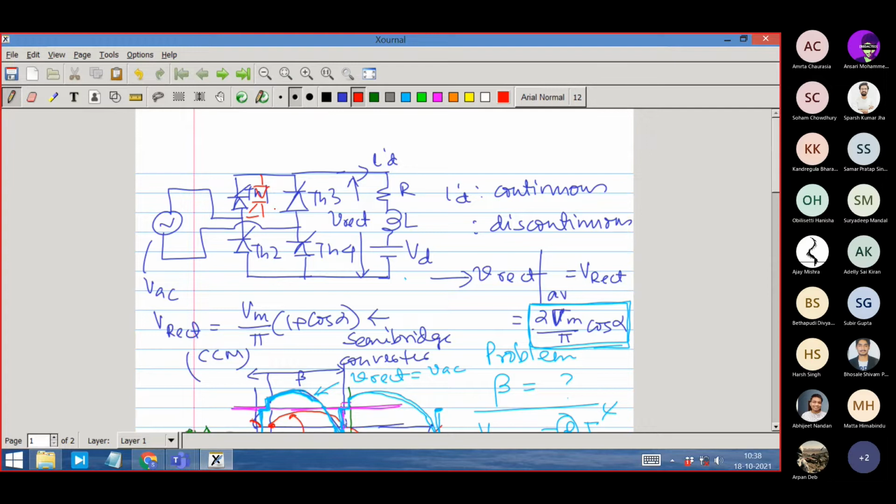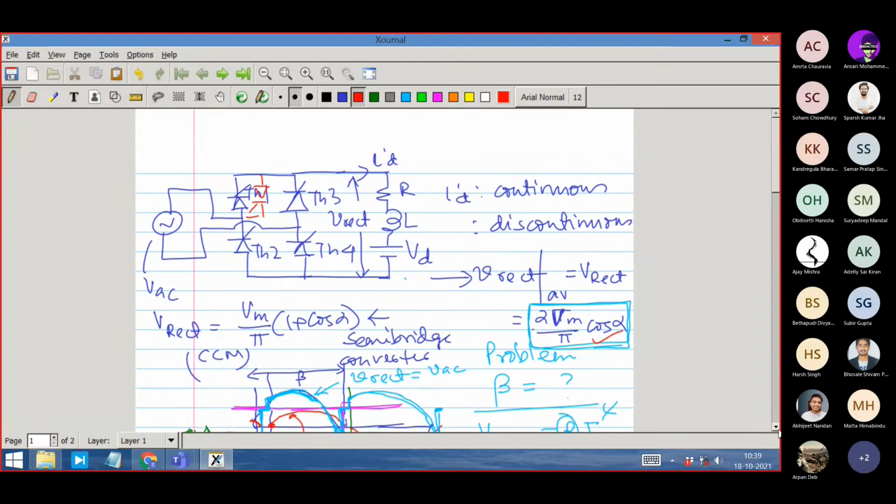Again, I have to add that in continuous conduction mode, because you see the formula. If alpha is greater than 90 degrees, this formula is suggesting the average voltage is negative, current is positive. So what does it mean? Power is flowing from the DC side to the AC side. But current cannot be negative in the topology that I'm talking about, because of the thyristor directions. The current must come down to 0. It cannot go negative.